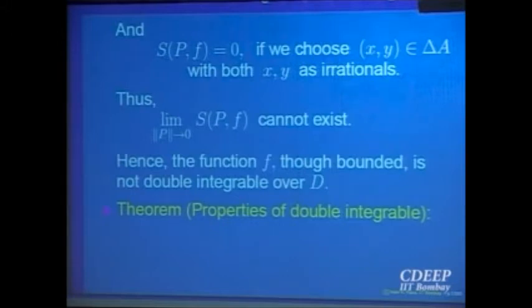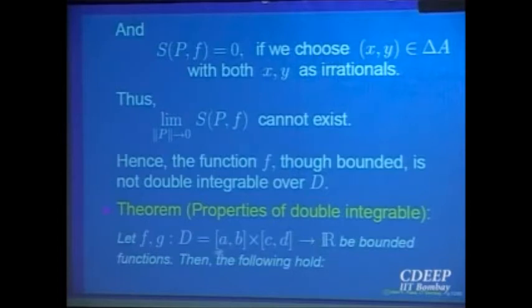Integration, essentially we are saying it is a limiting process, right? Limit of something as the norm of the partition goes to 0. So whenever there is a limiting process, that outcome is going to be a linear operation. So like one variable, this integration is an operation which is a linear operation and has properties similar to that of the Riemann integral of a function of one variable. So we will not prove these properties, we will just state those properties.